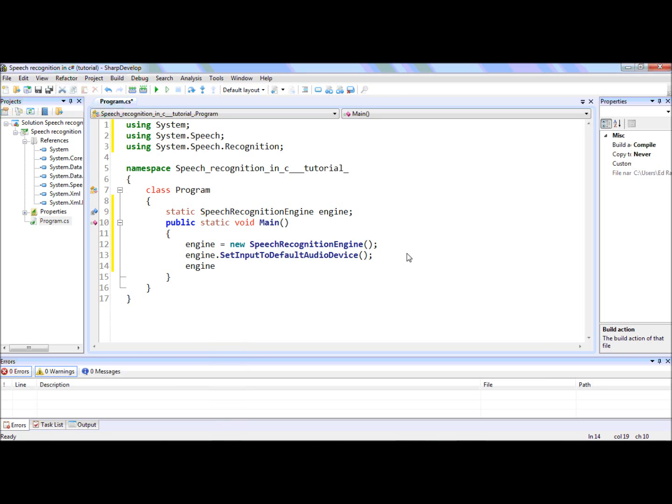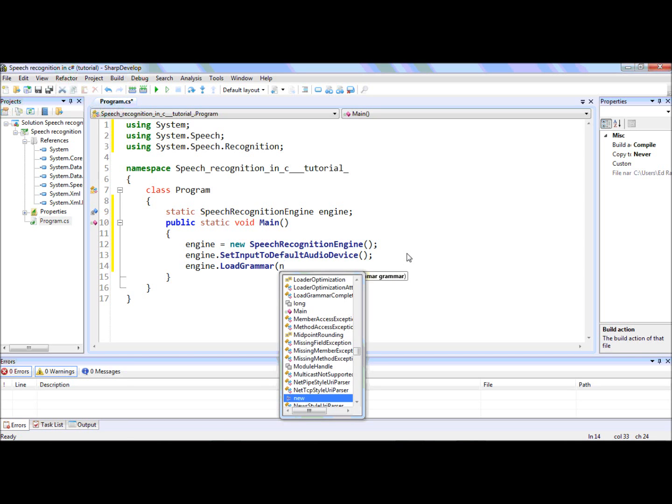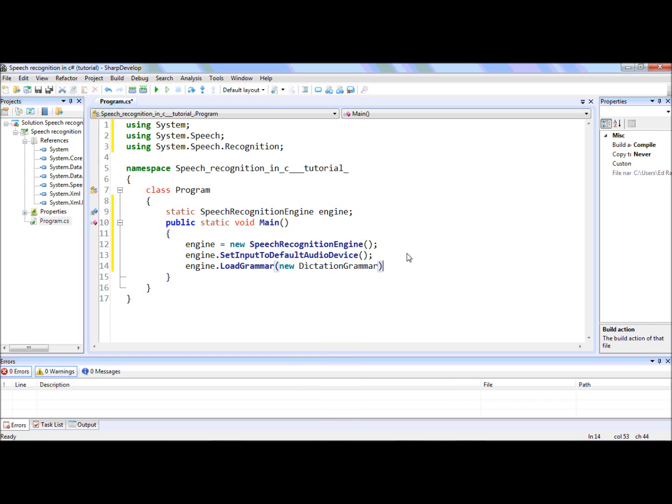So to do that, you can create your customized grammar, as I told you at the beginning of this video, or if you don't want to create a custom grammar and you want all the English sentences to be recognized, you can use the dictation grammar, which is already present here. So to load the dictation grammar, we'll load grammar, and then dictation grammar. So we'll have a grammar right up here,